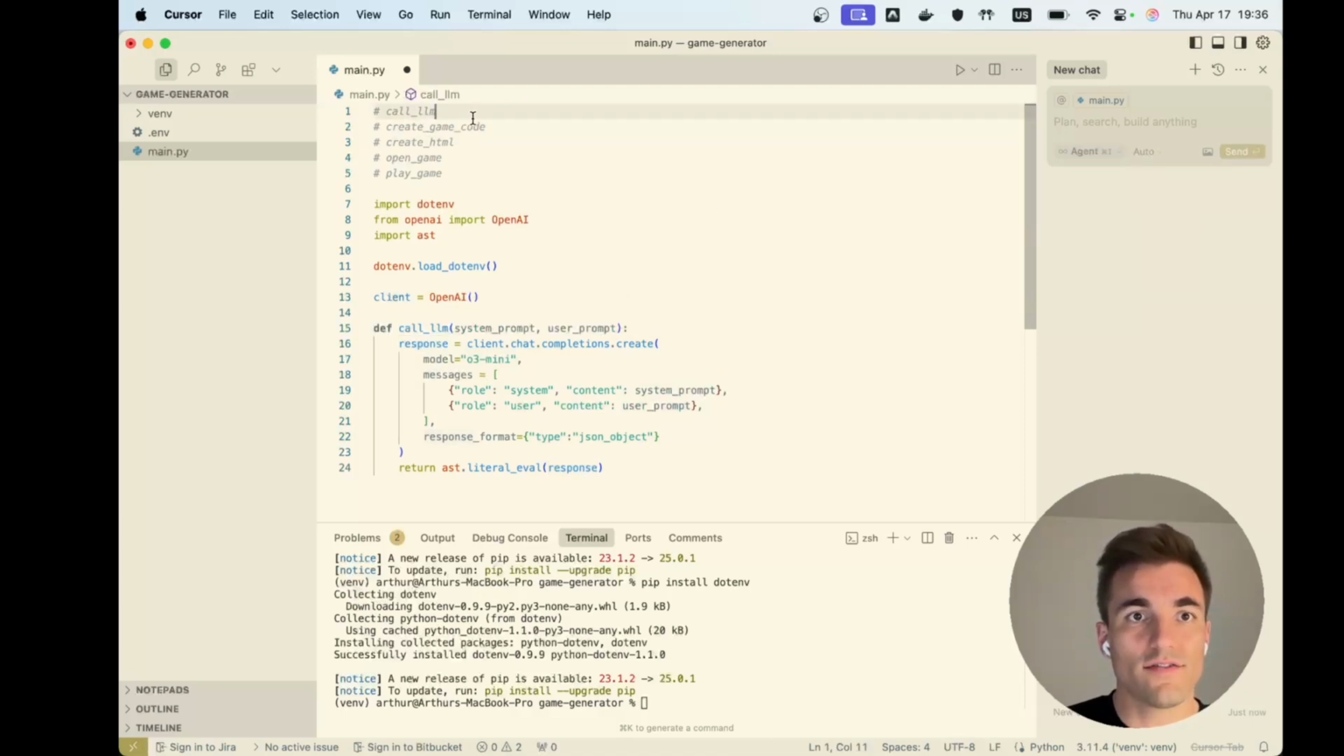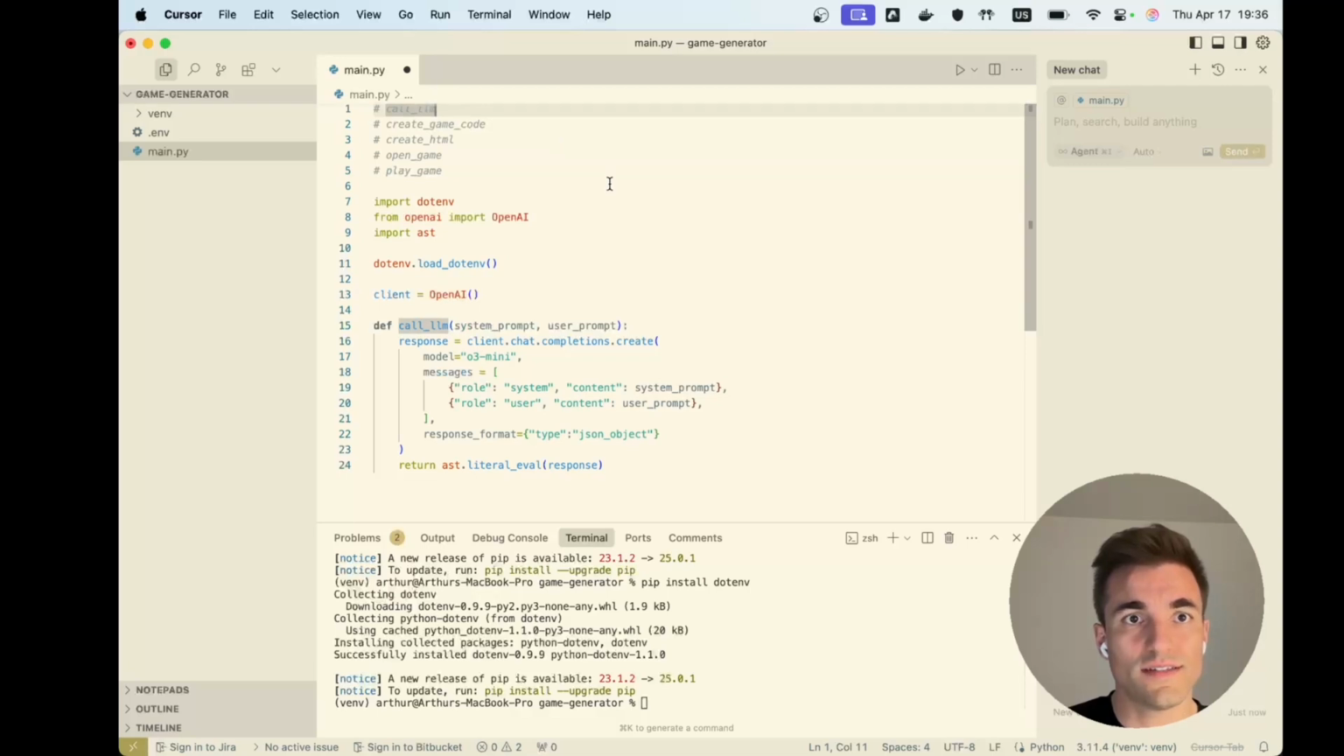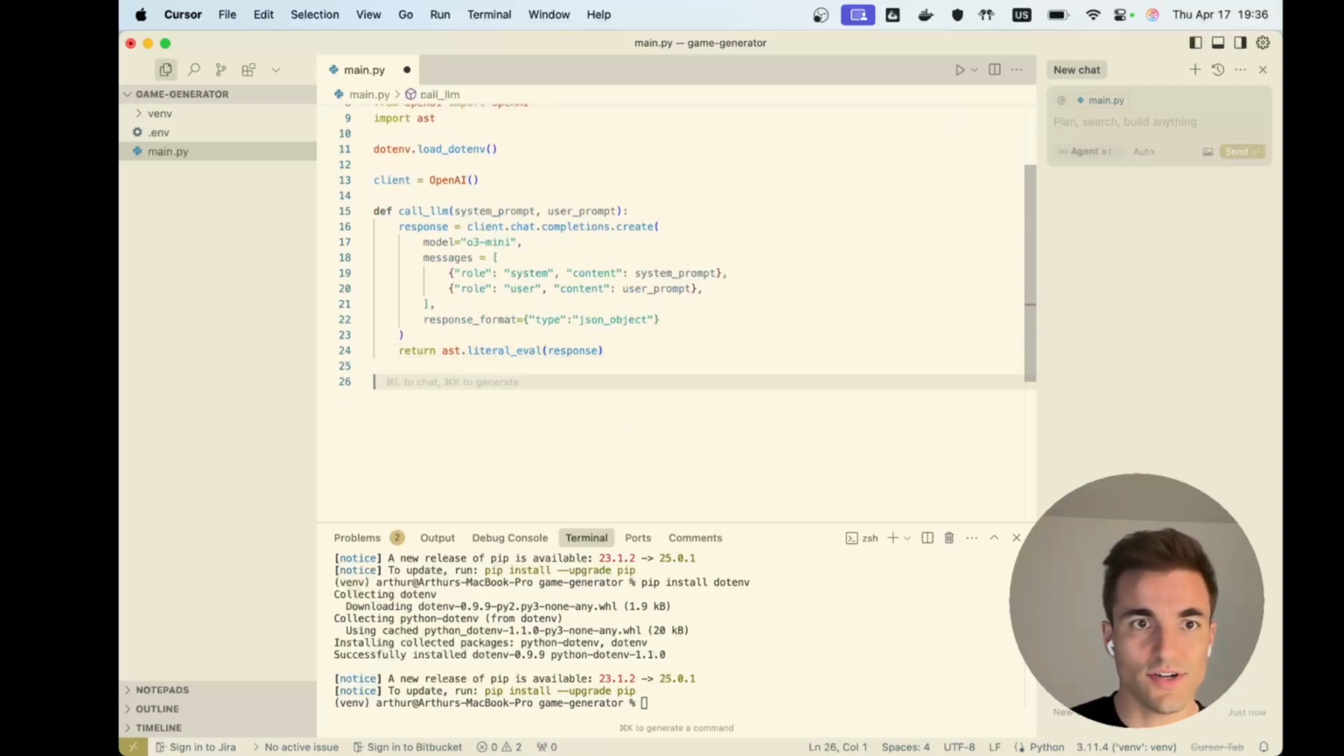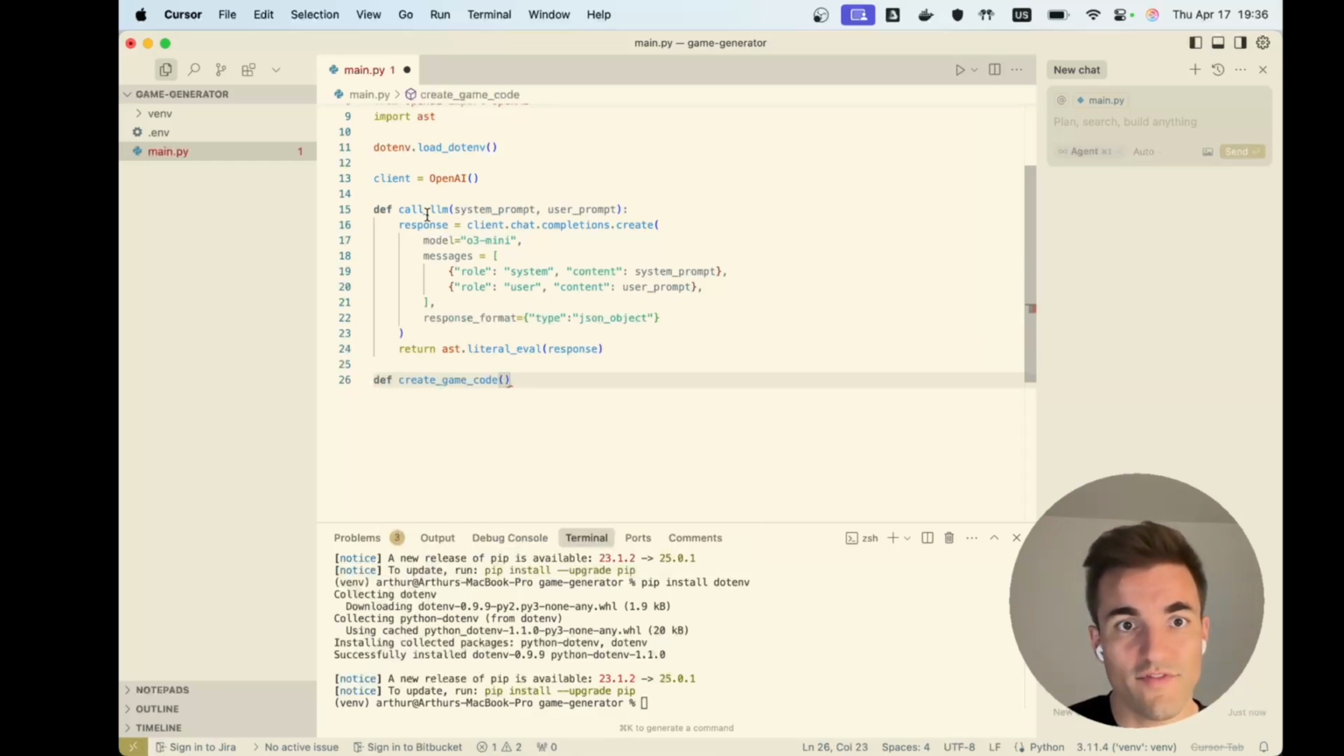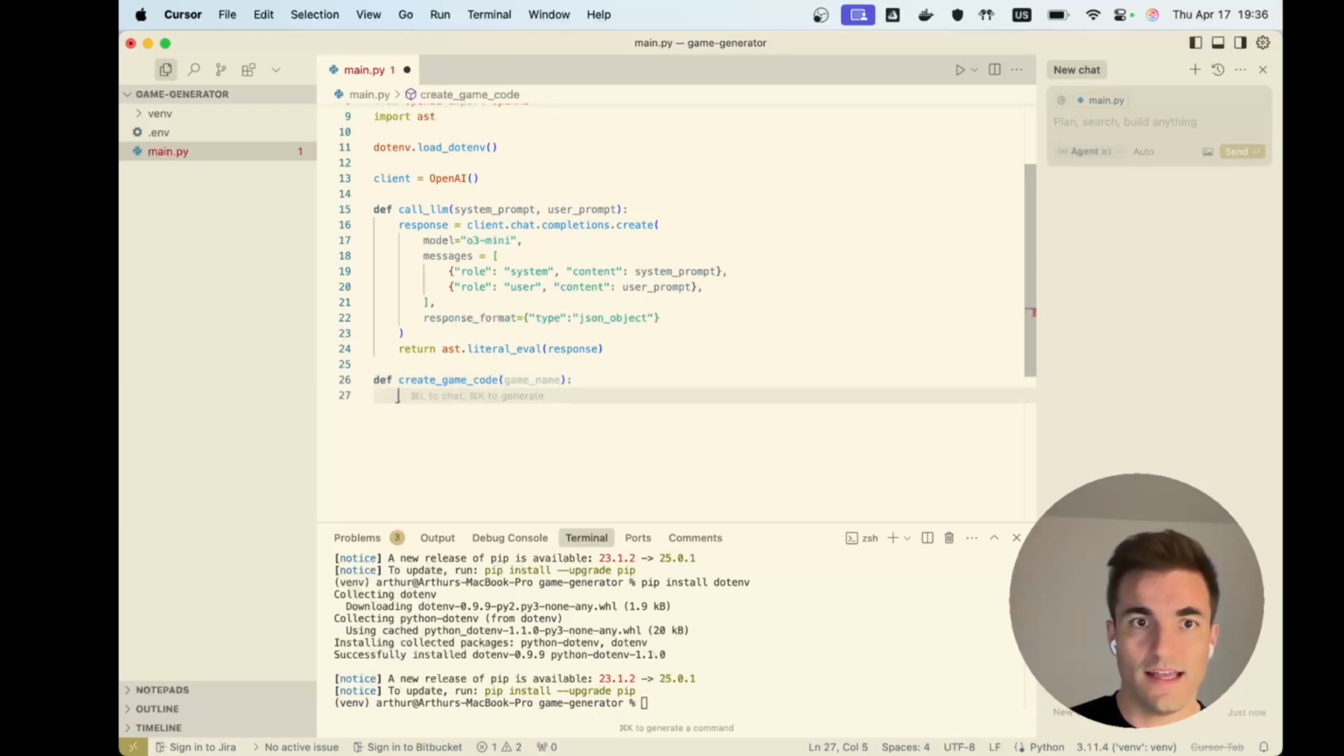Now we have our first function, the call LLM one. The second one should be create game code. Now to do that, we're gonna need the call LLM function and user input again. So this time the parameter, the input, can be a game name. So given a game name, we're probably gonna have to call the LLM, and to do that we're gonna need